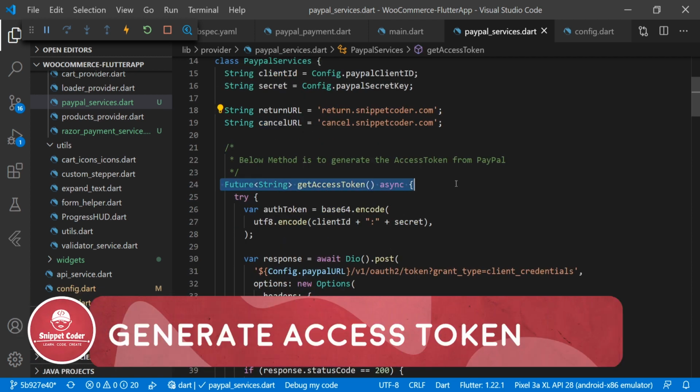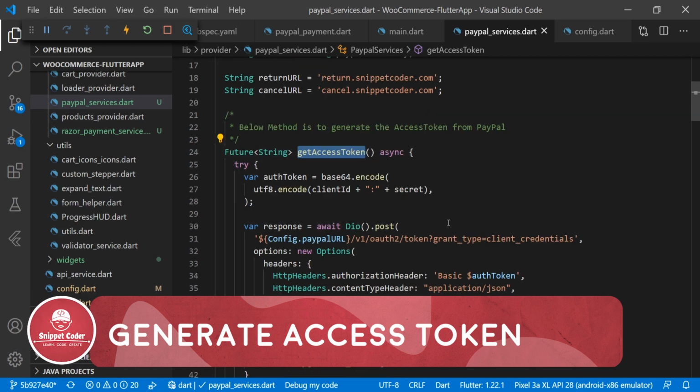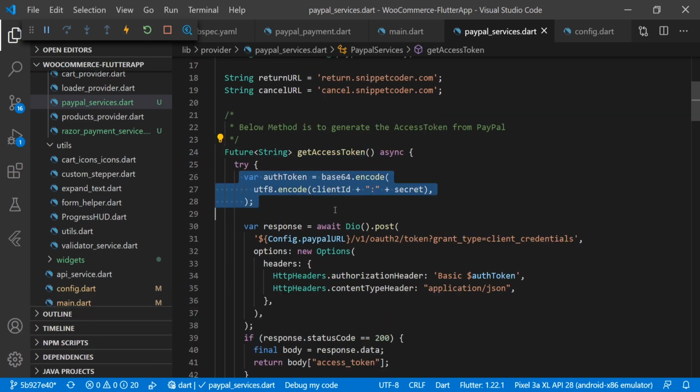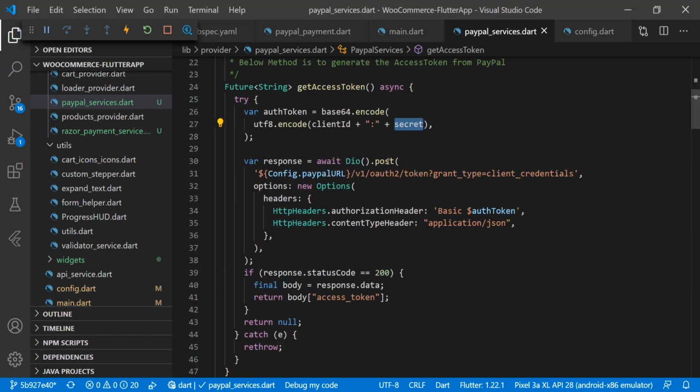And then we have added a new method that is getAccessToken, and what we are doing in this method is, first of all, we are doing a try-catch here. Then we are creating the auth token on the basis of the client ID and the secret ID. And then we are posting to that URL, that is the PayPal URL /v1/oauth2/token.